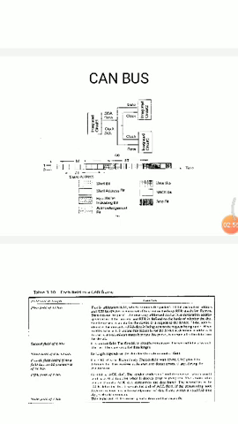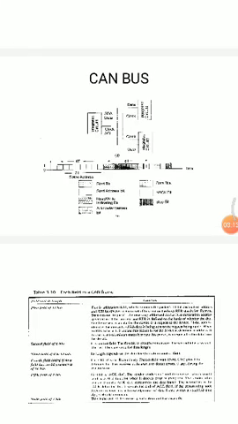If the transmitting node does not receive any acknowledgement of the data frame within a specified time slot, it should retransmit. The last field, of 7 bits, denotes the end of the frame. So these are all the features of the CAN frame and how the data fields are programmed in the Controller Area Network.